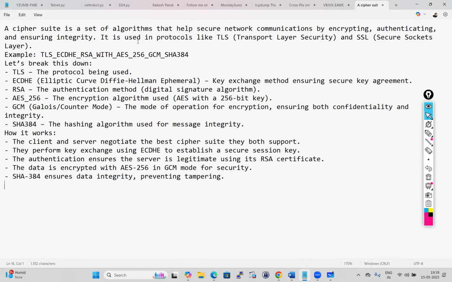So cipher suite is the combination of encrypting, authentication, and integrity. So अगर आपसे इंटरव्यू में कोई पूछता है, so we can tell the cipher suite is the combination of encryption, authentication, and integrity. And it is used in the protocols like TLS, Transport Layer Security, and SSL, Secure Sockets Layer. I hope कि आपको क्लियरिटी हो गया होगा कि what is cipher suite is a combination of